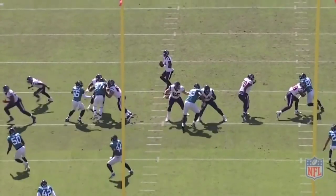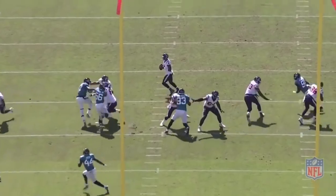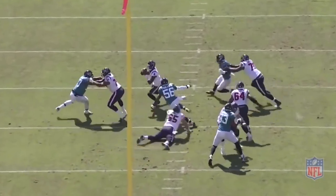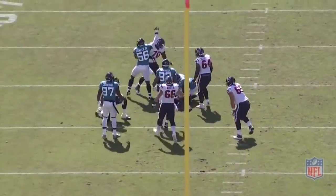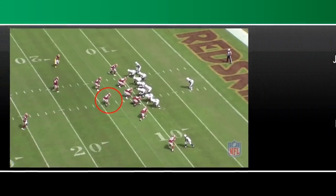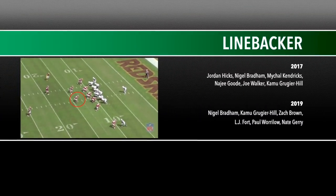6'5", 350 pounds, this undrafted free agent out of UAB reminds me of Brandon Mebane in a lot of ways, and if he can swallow double teams, allow those rapid defensive ends to feast, then hello Sack City. 2019, no question. Now on to linebacker, and if we had examined this position just a couple of weeks ago,